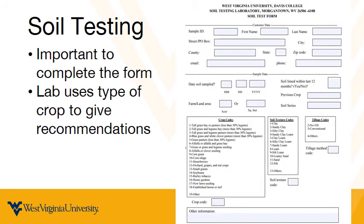When you download the form, this is what it looks like. Like I said before, it is important that you do complete that. It helps the lab out a great deal. On the latter half of the page, under the dotted line where it says sample data, you'll see date the soil was sampled, the area that you had sampled, whether it's in acres or square feet, as well as the